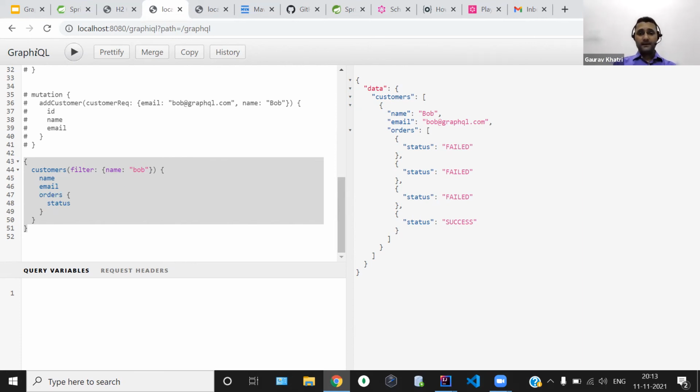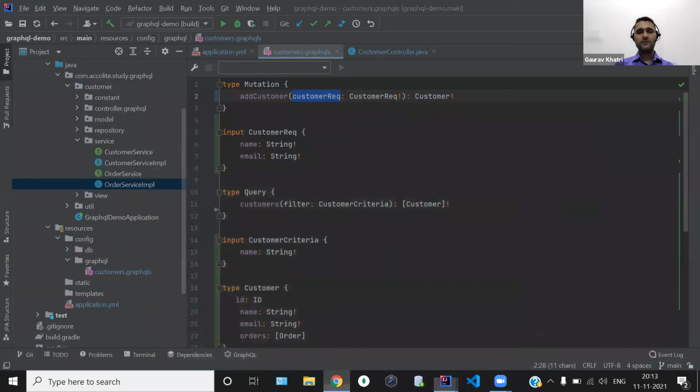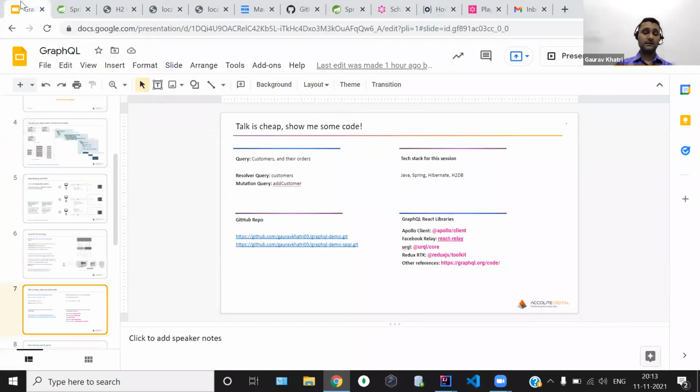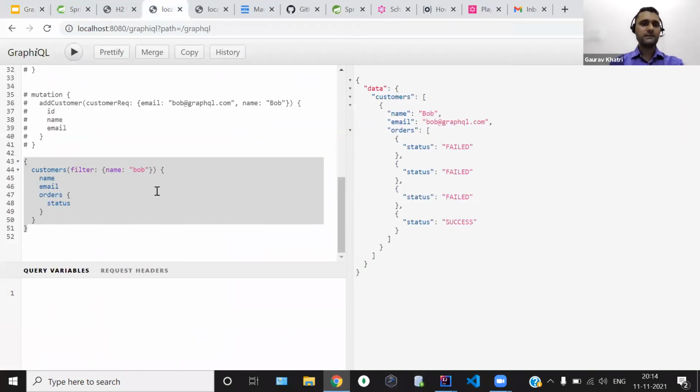Now we can discuss how GraphQL will help us overcome the issues of overfetching and underfetching, and how, if we change the UI model on the UI side, there shouldn't be any impact on the server side. So let's discuss using this particular GraphQL schema only.